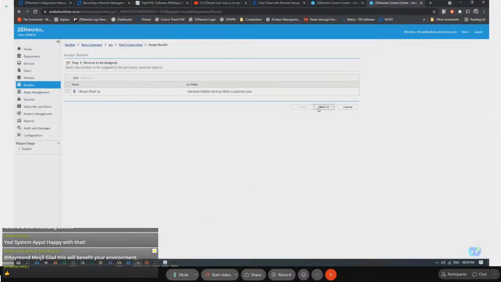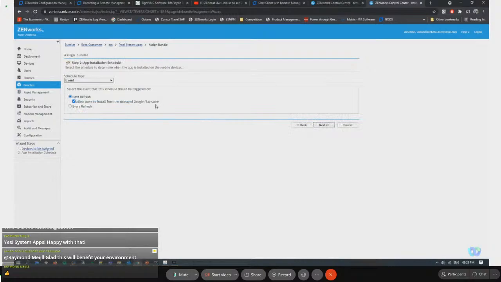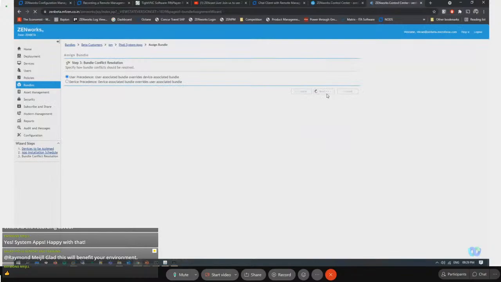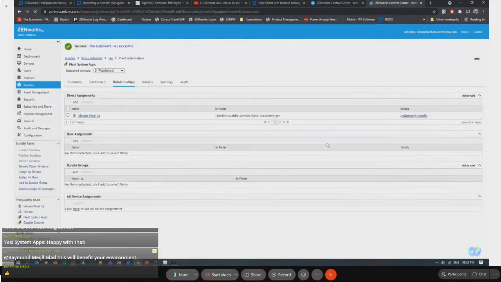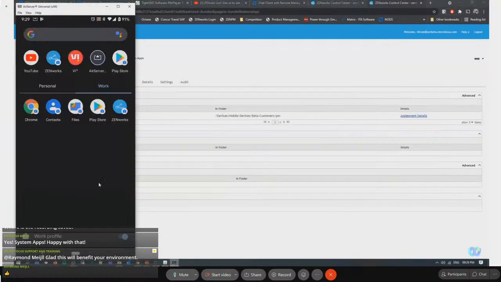Okay, I'll go ahead and create this bundle and do a finish on it. And if you see over here, what's going to happen is, I had these 4 apps. Ideally, since I've said only I want the Files app, and the Play Store and ZENworks will always be present, that's not something which is going to get affected. So what should happen is that the Contacts app should go away,